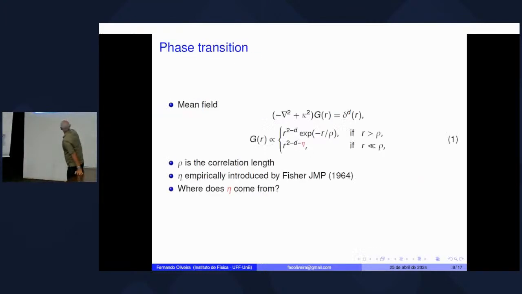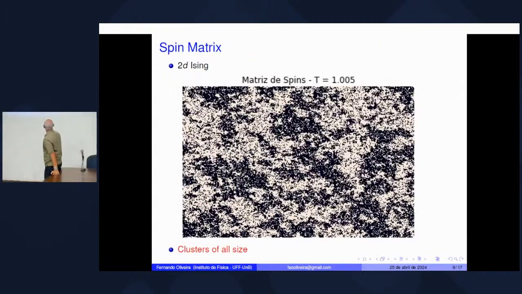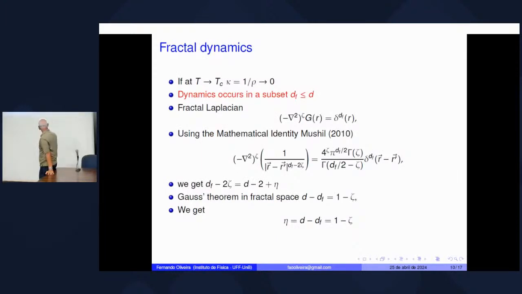And with that, we get that the Fisher exponent is this relation, which is identical to this relation. So there is some symmetry important here. The deviation that you have from the integer to the fractal dimension is the same deviation that you have for one, I mean, where you have the normal Laplacian to this zeta here. The same kind of fractional things that we have here.